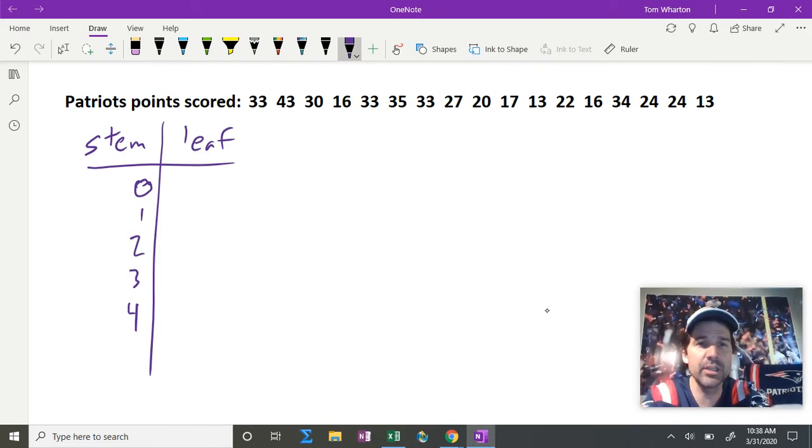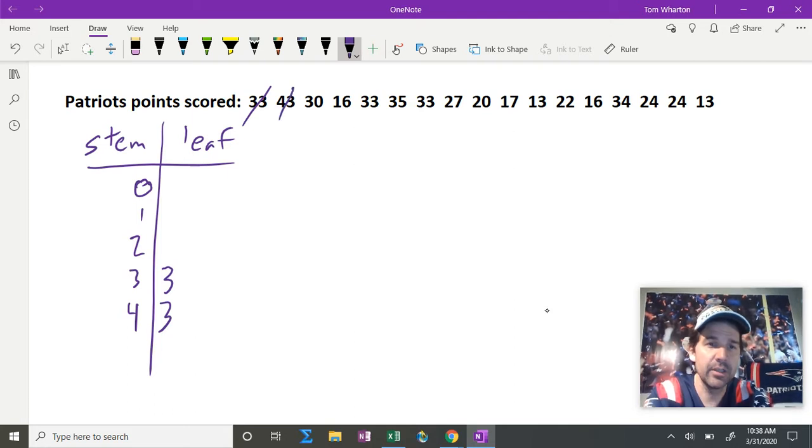And then I want to go through and just check them off. So 33, so 3 is the ones digit, so I'm just going to put a 3 as the leaf. So that value right there stands for that 33. Done with that one. They scored 43. They scored 30, so you put a 3 and a 0. 16, a 1 and a 6, a 33, so I'm going to put a 3 there, a 35, another 33,